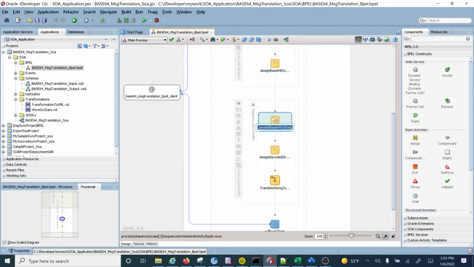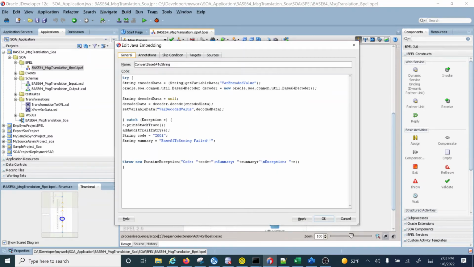To do that you need to use the Java callout here, and in the Java callout you need to use the source variable and the target variable. The source variable is the variable where you have stored the data in base64 format, or you might be getting it as an input variable from a different system.